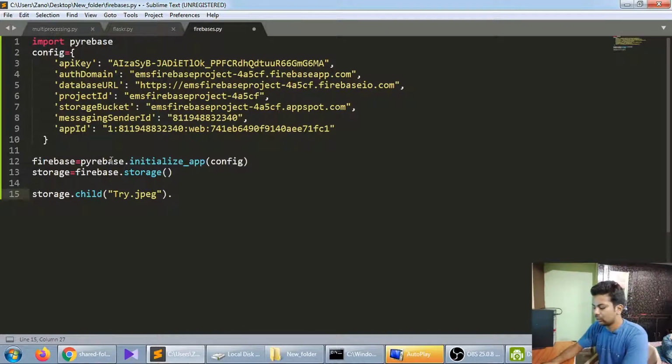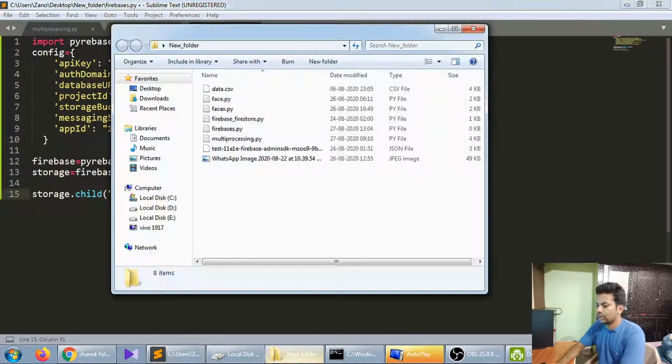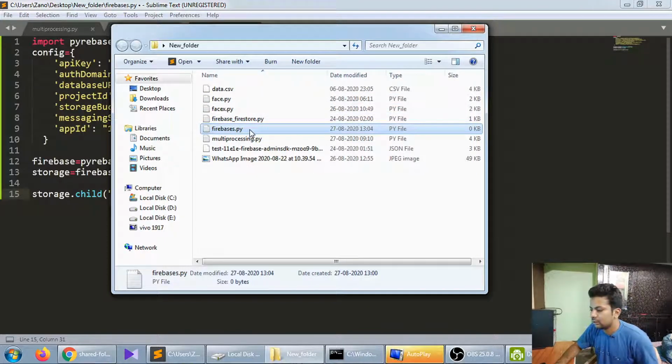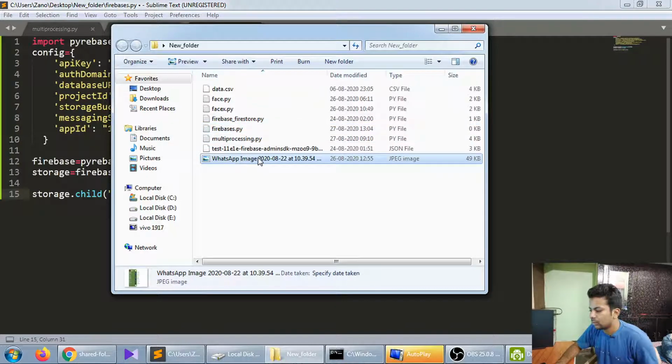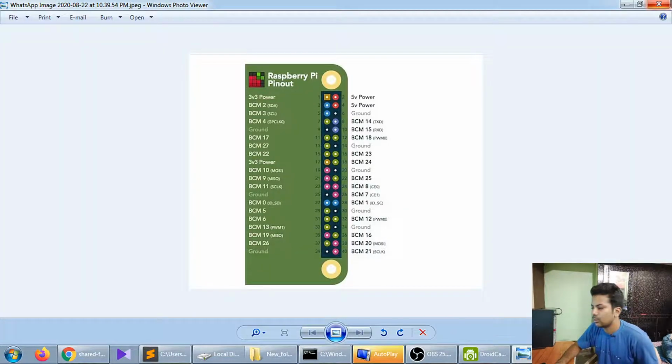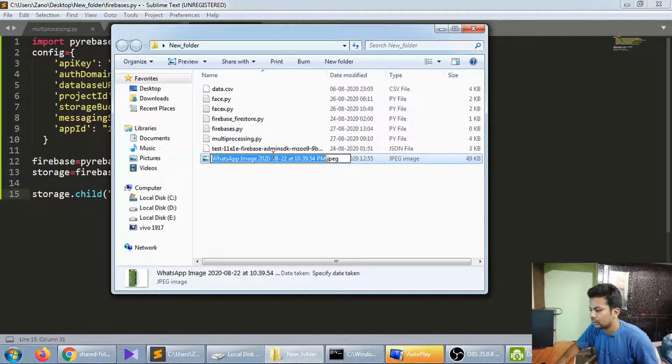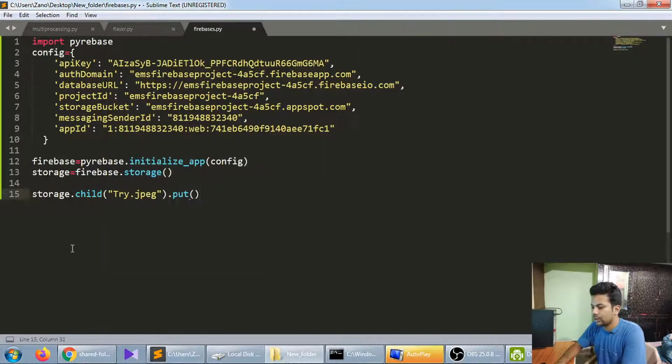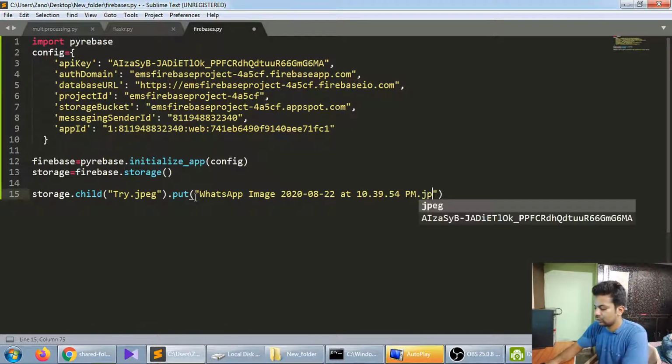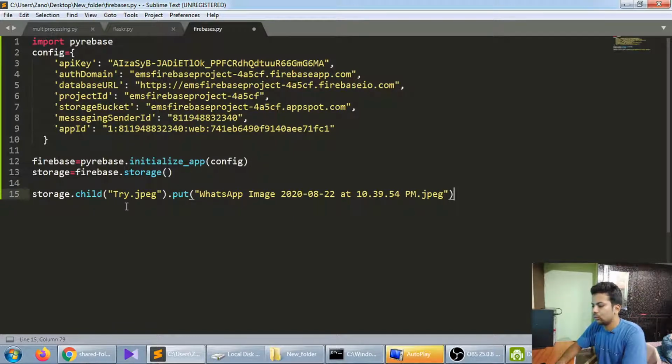I'll tell you how to make folders later, and which file you want to put. This is my Firebase file, and this is my pic. It's a Raspberry Pi board pic. I'll just copy it. It's a JPEG. So I'll put whatever your destination is, a slash, and write there the name. So I'm telling it to save this pic as try.jpg, and I'll just save it and run it.